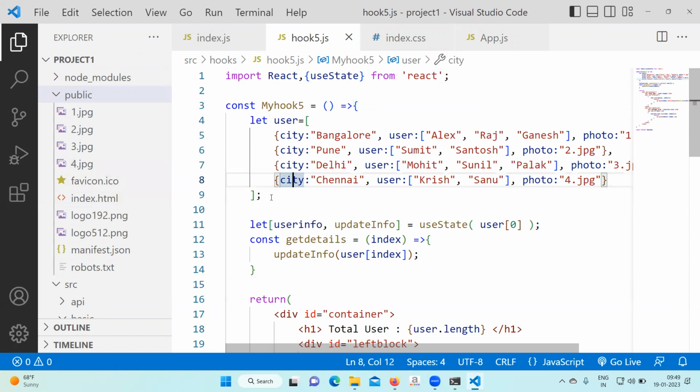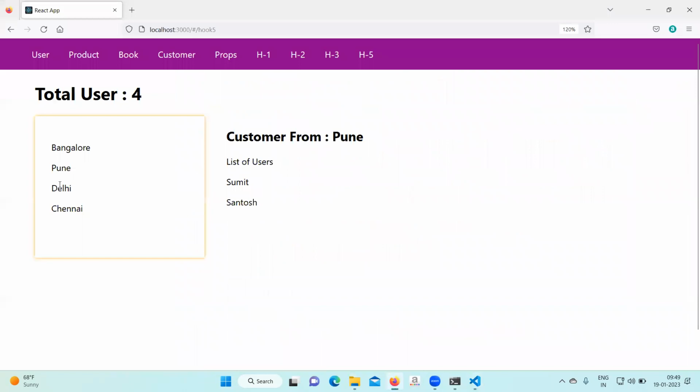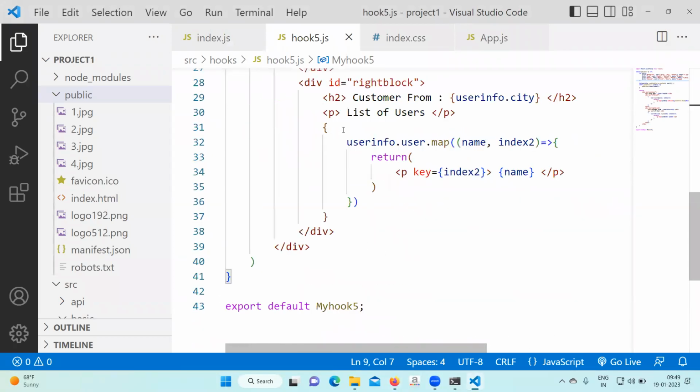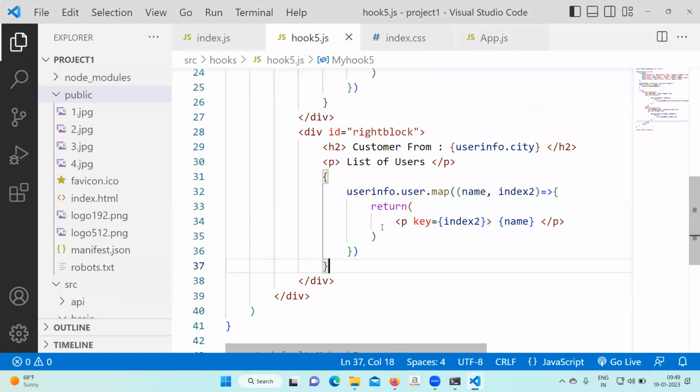Whenever we click on any link, right? Whenever we click on any link, one photo should appear in the right side, maybe in the bottom or somewhere, whichever link you click. So go to the again 5 and under the second division, after this map function, you will write one